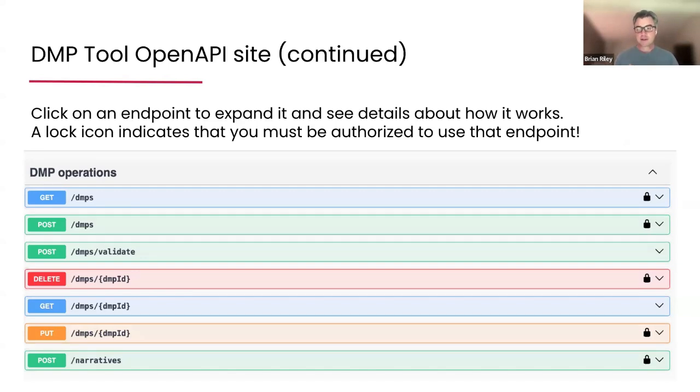Another thing to note here is on the right-hand side, there's little lock icons. And those mean that those endpoints require you to authenticate. So the ones that don't validate and get DMPs and a specific one, those are the ones that are open to the public that you can begin testing with immediately. Next slide,